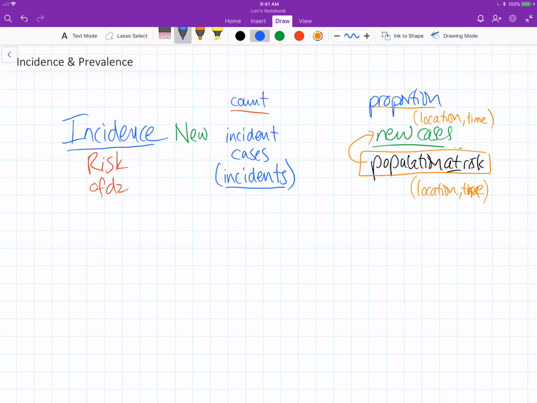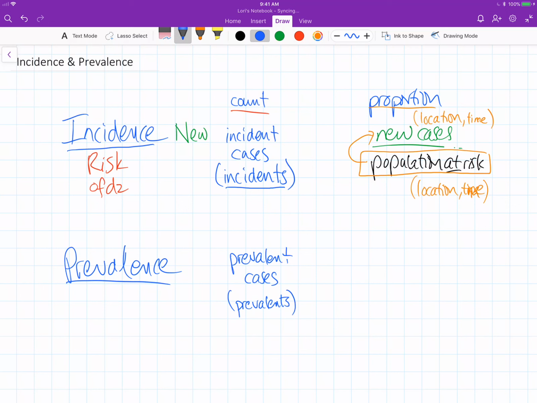Now, prevalence, on the other hand, has to do with prevalent cases. You could say prevalence, but I don't think we use that word as often. I'll put it here for completeness. The prevalent cases. And those really have to do with existing. And since we're thinking about the existing cases,